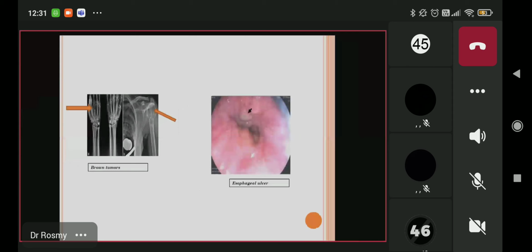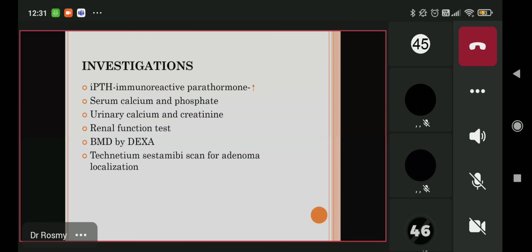So after you have suspected that hypercalcemia is because of a parathyroid involvement, what all the investigations you will do: there is an immunoreactive parathormone level which you will be sending. In primary hyperparathyroidism, the level will be very high. Okay, primary and tertiary. But in cases of secondary hyperparathyroidism, the level will be normal or slightly raised, not very high. The normal value of parathyroid hormone is 10 to 45 picograms per ml. So this is how we will measure.